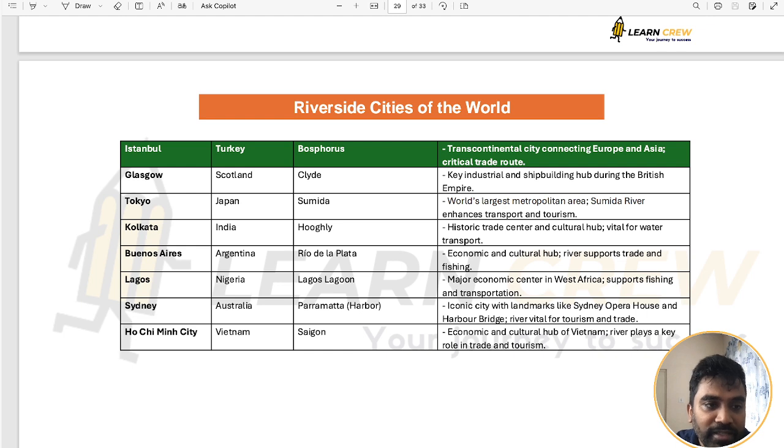Apart from this, you have Elbe, it is in Germany, Hamburg. Then we are having Subarna Rekha, which is in Jamshedpur. And then we are having Indus River, it is in Karachi. And then Gomti River, Lucknow, and all these things we'll be seeing in the Indian rivers. Then we are having some more you need to know, like Tyne, Newcastle, UK,